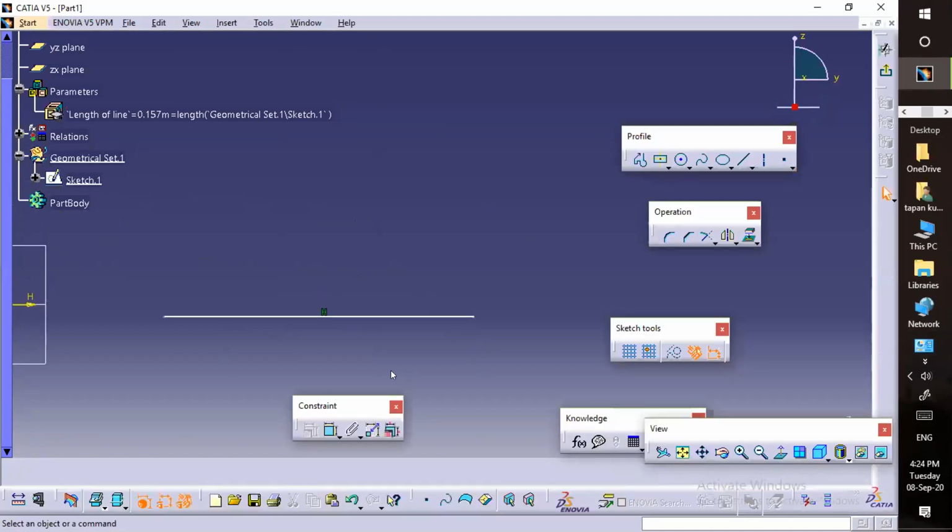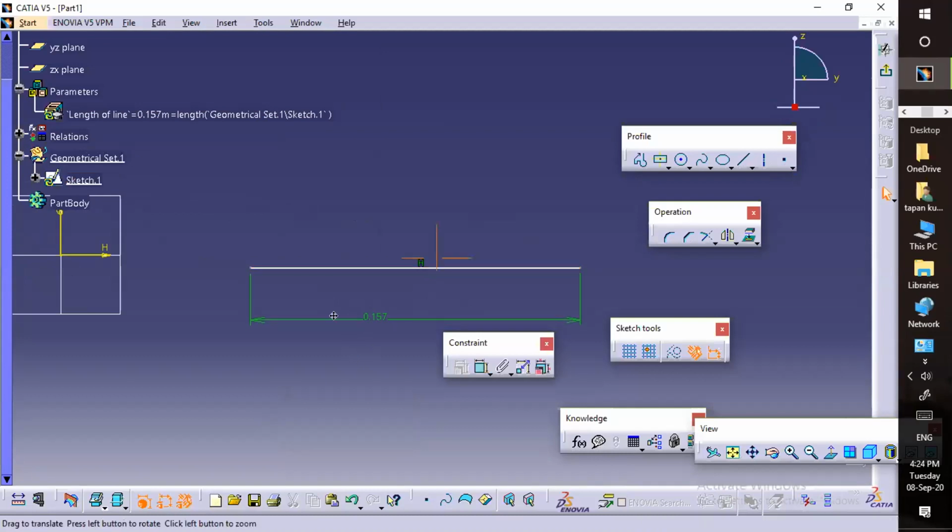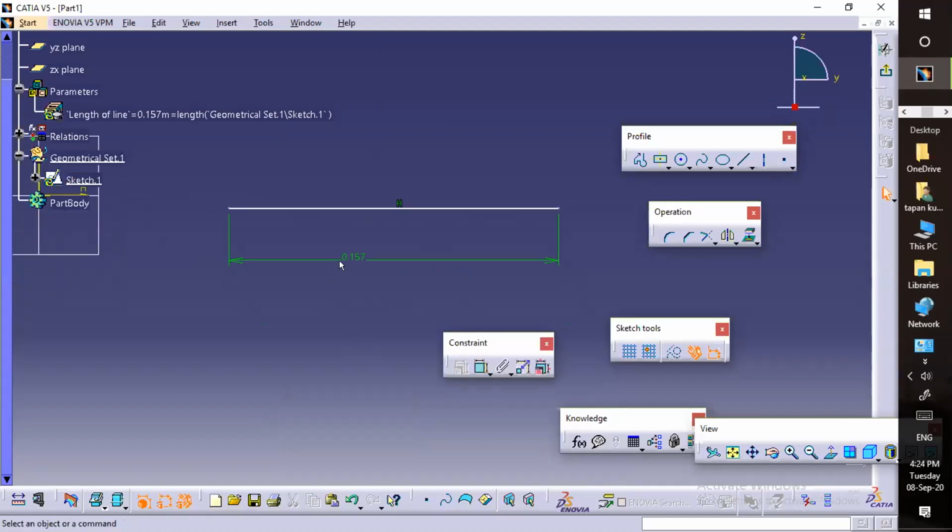So let me check manually whether it is correct or not. Directly I'll go to the constraint. So this is the way, by using these formulas, you can calculate the length of an object also. I think this is clear for everyone.